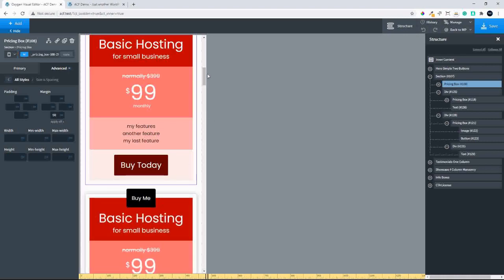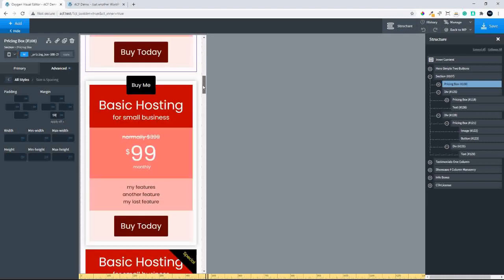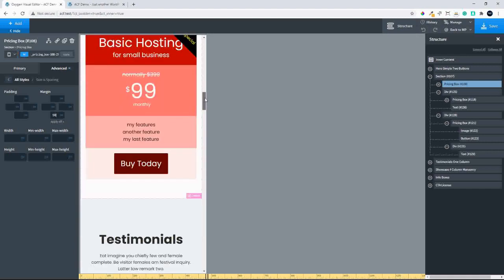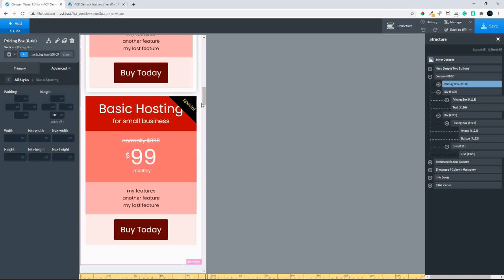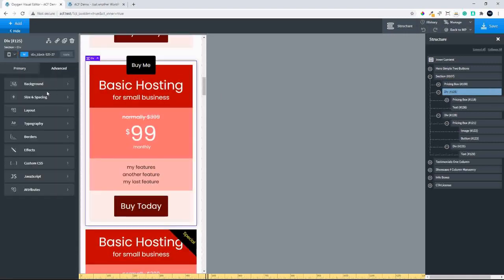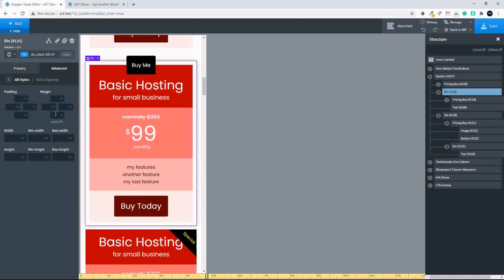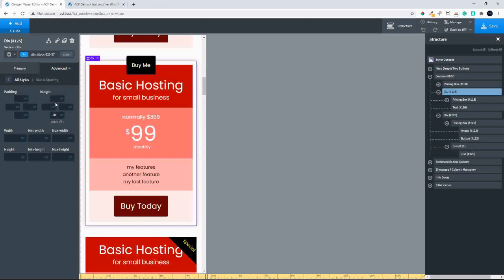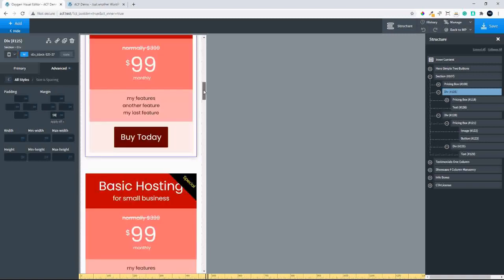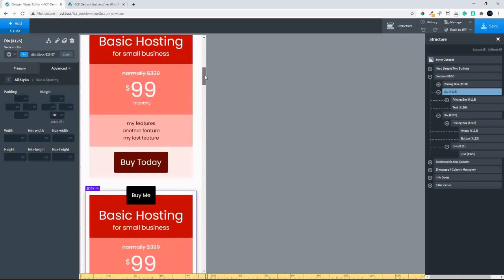Then we have the basic hosting by me, and that's followed by the final one with the special in the top right hand corner, and that looks okay over here, but let's just add a bit of spacing below, some margin here, maybe a bit more. So when scrolling down, right, so there we have the